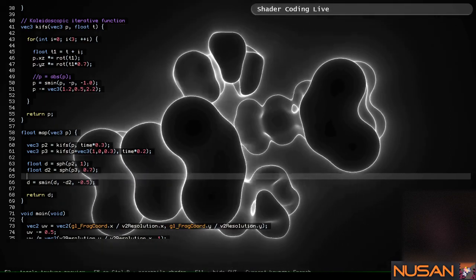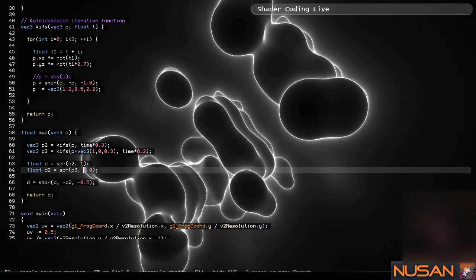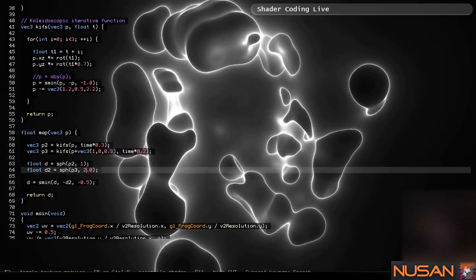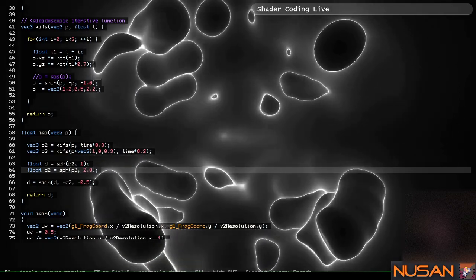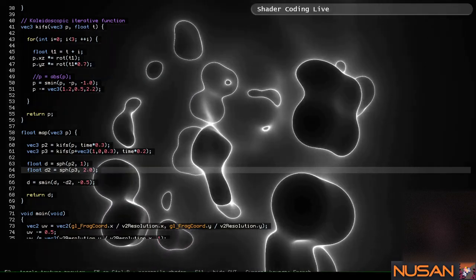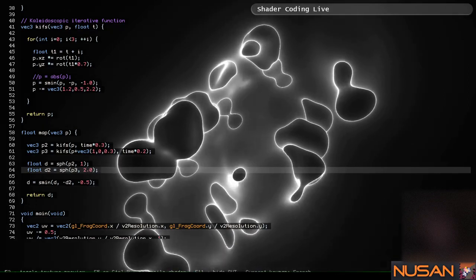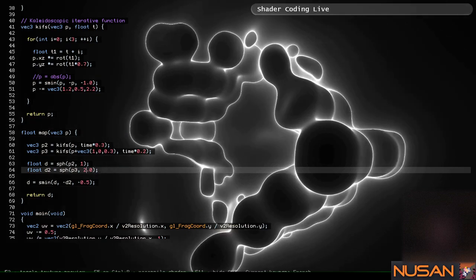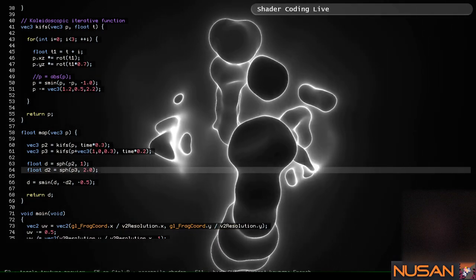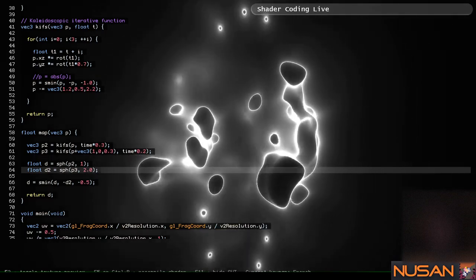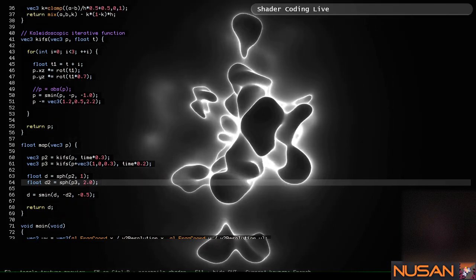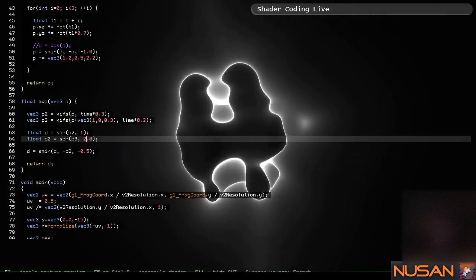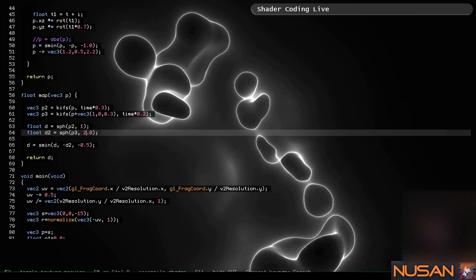I think that's how it's made. So if you do something like that, you kind of start losing the really regular pattern. Still a bit there, but